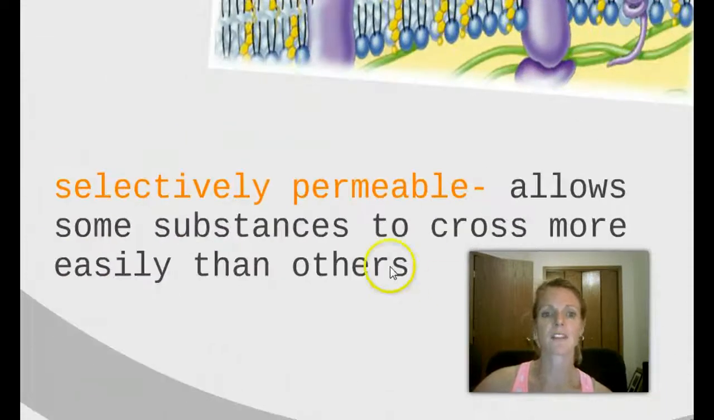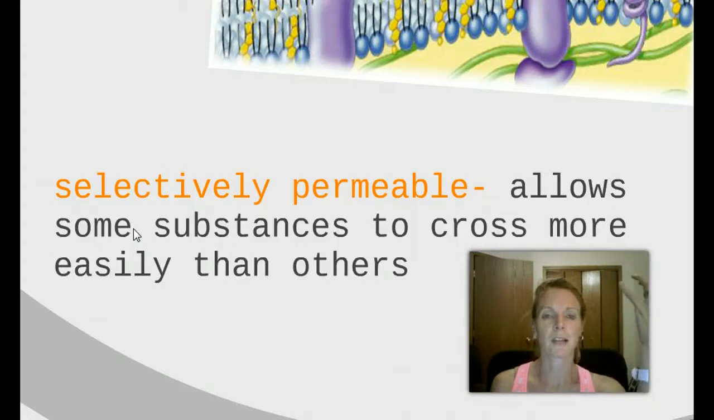Okay, so it is selectively permeable, and that's in orange because it's important. It allows some substances to cross more easily than others. So, say like you're selective about who you're going to date. Do I want to date blondes? Do I want to date redheads? Do I want to date